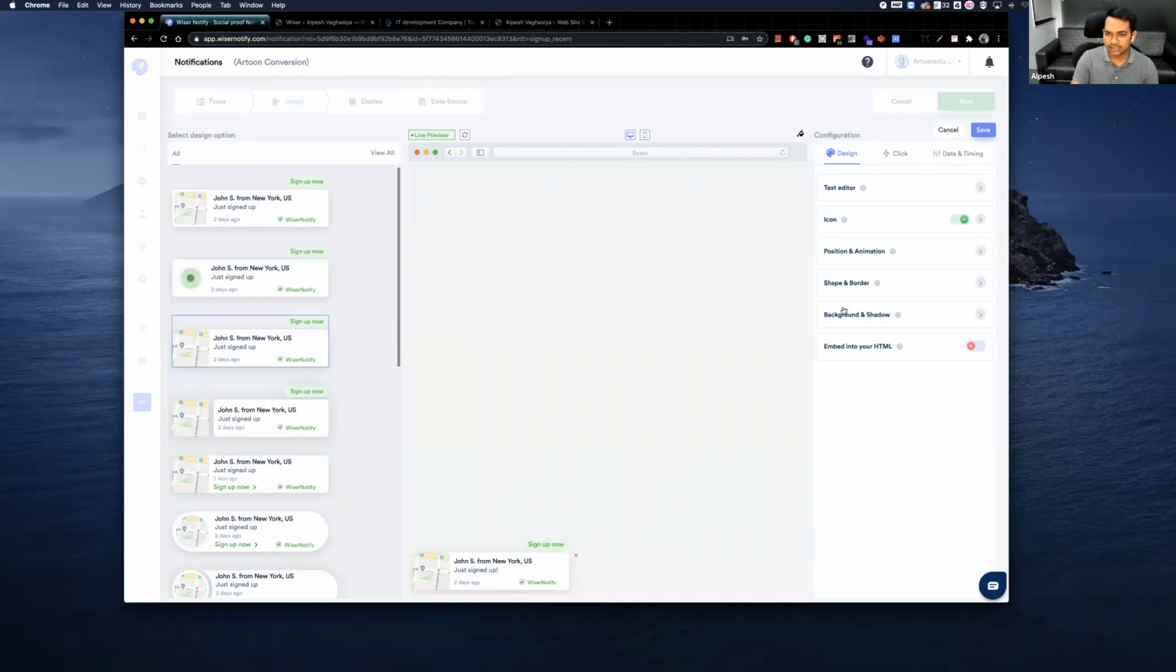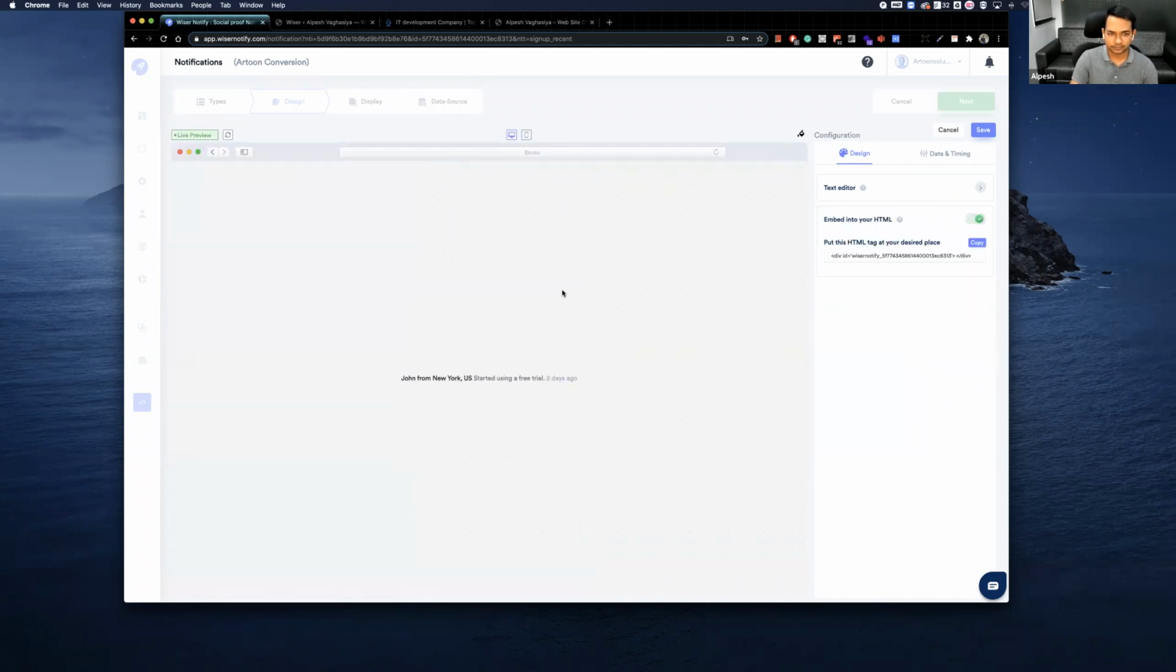So this is how it will look, all the settings. One more thing which is very unique and beautiful, no other tool provides it. It's embedded into your HTML. So clicking on that, you see this is how it will look. This is a one-line code. You can put it in your website,